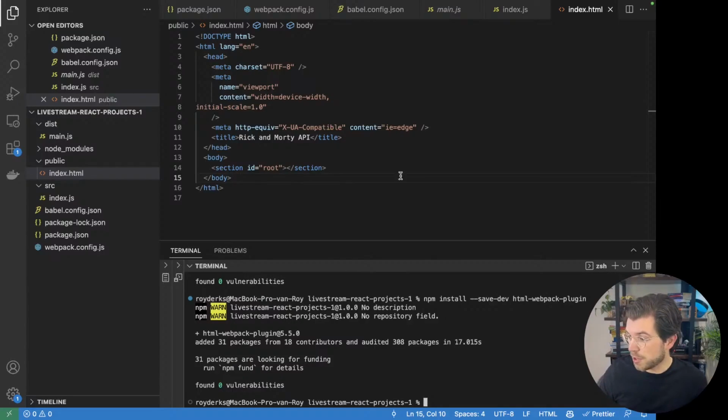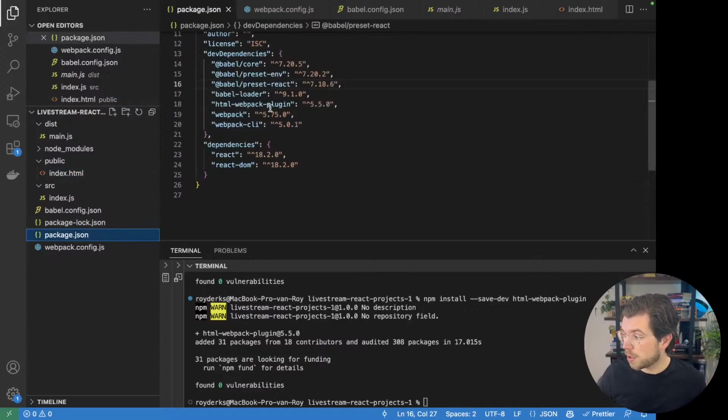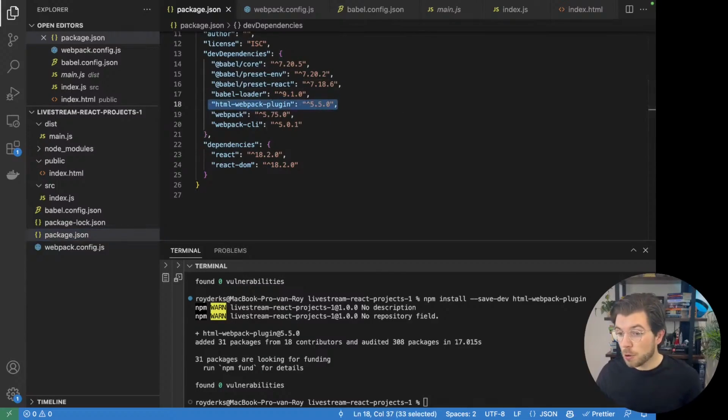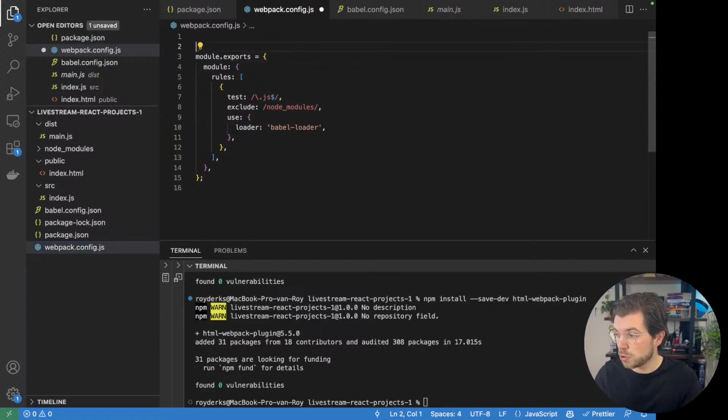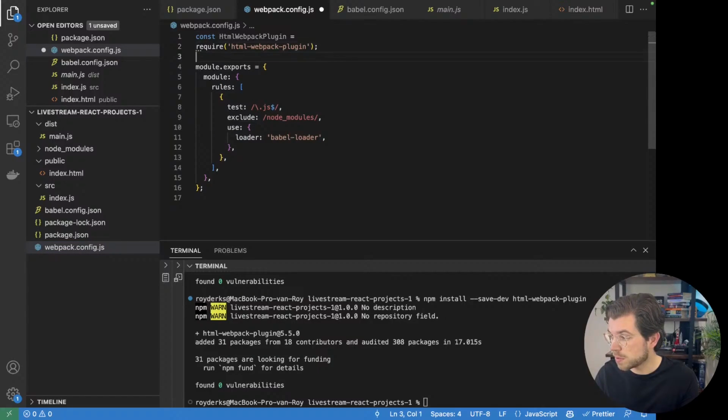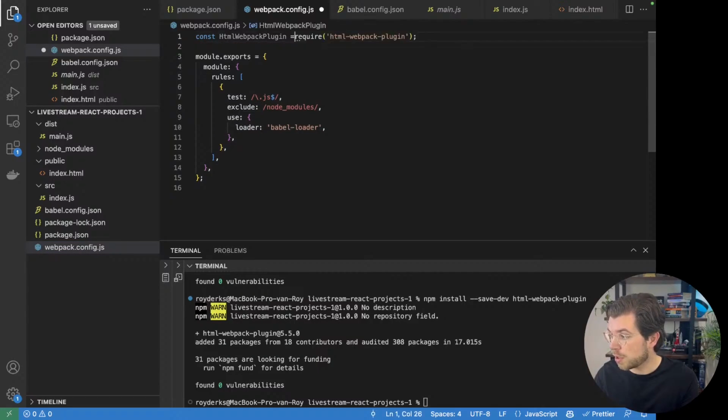And as you can see, it's all done. If you go to your package.json file, you can see this dependency is also installed here. So in order for this new library to work nicely with Webpack, we need to add this configuration to our Webpack configuration file, which is called webpack.config.js. And at the very top of this file, we need to import this new dependency. So we have this file called html-webpack-plugin, and we're going to be using require to import it